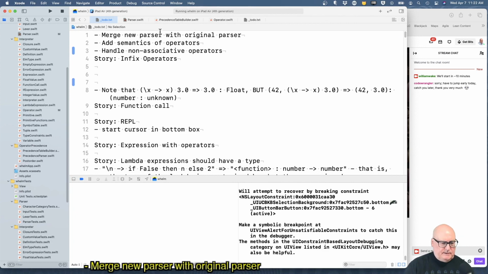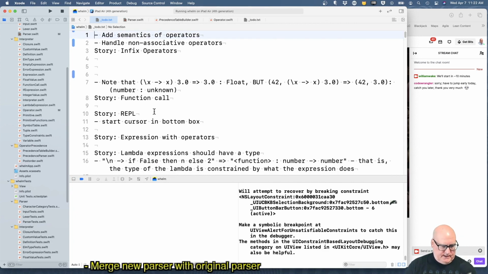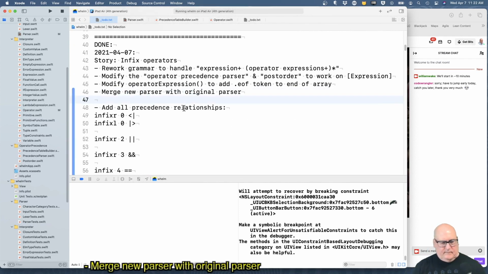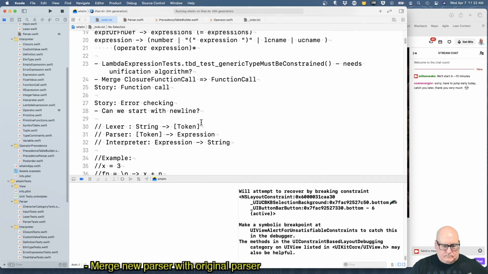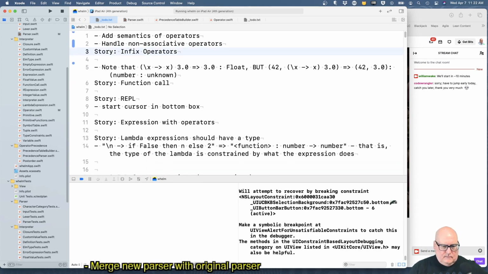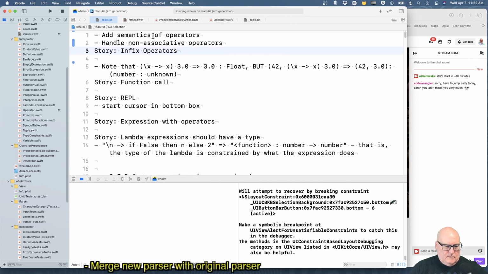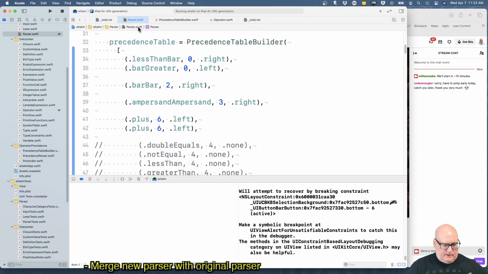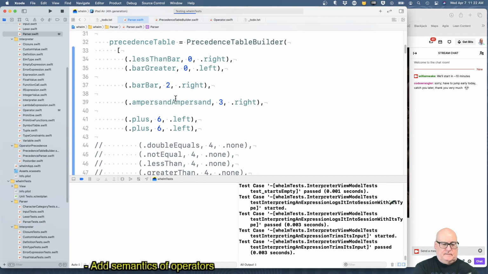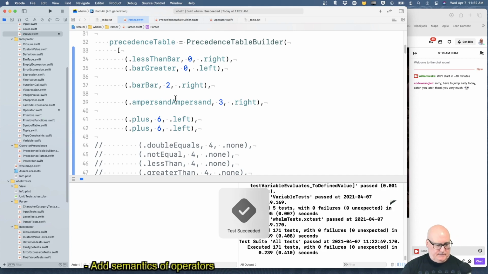Merge new parser with the original parser. We did that. Semantics of operators. Okay, so where are we here? We got our parser. Every test should still pass. Okay.